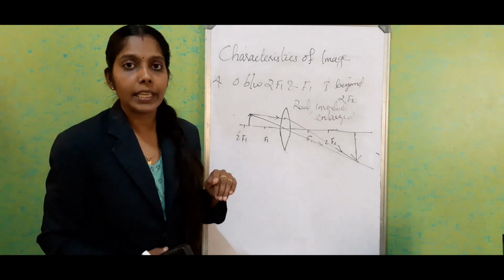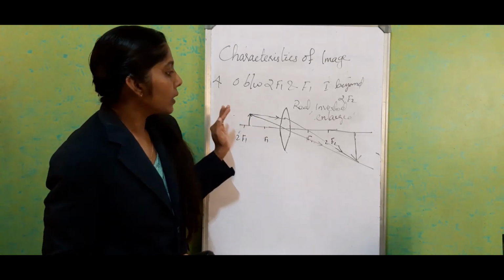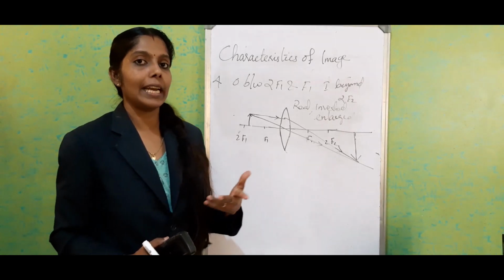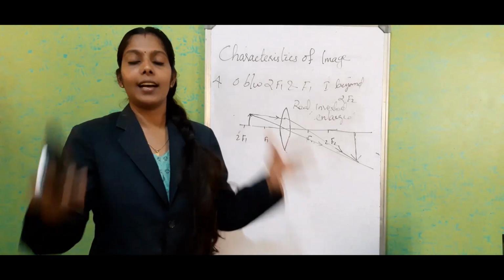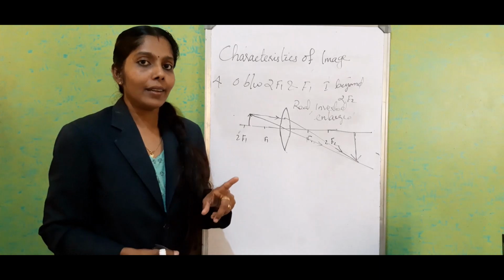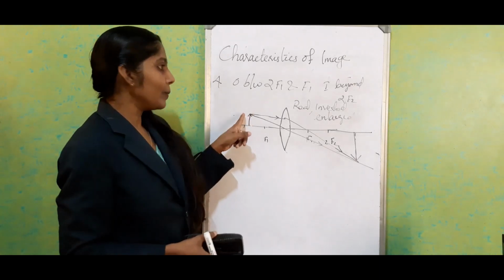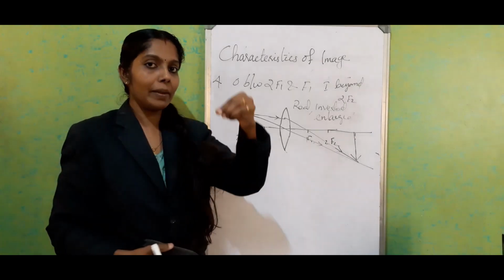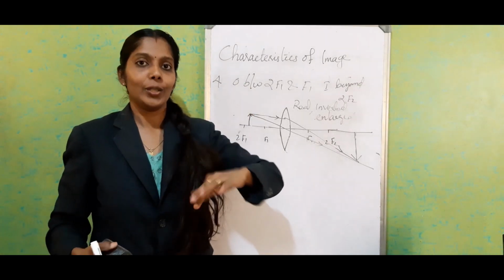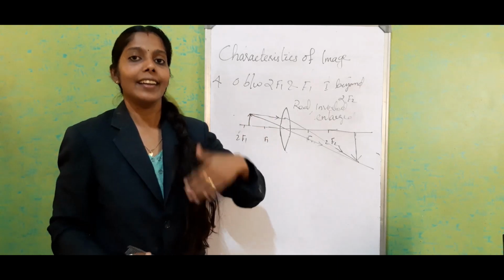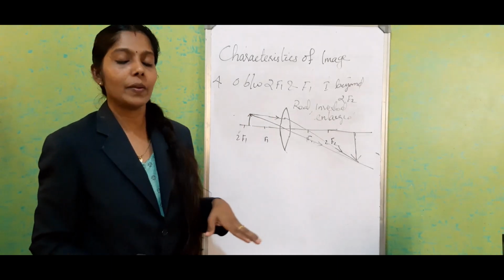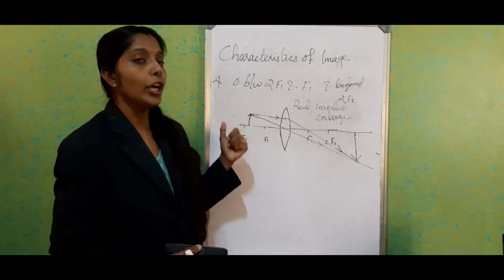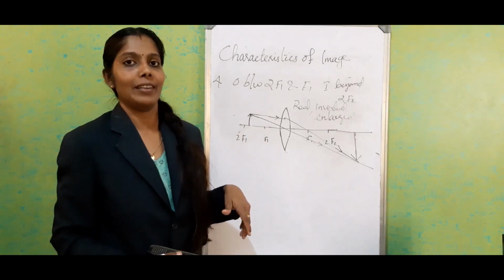And if you see the application of this case, we are using it for the slide projector. We know that the slide projector is used to get an enlarged image on the screen. But one condition is that the object should be kept inverted, since we get an inverted image. So the slide will be kept inverted and automatically we will get the image erect. Okay, so that is the application of the fourth condition, where the object is kept between 2f1 and f1.